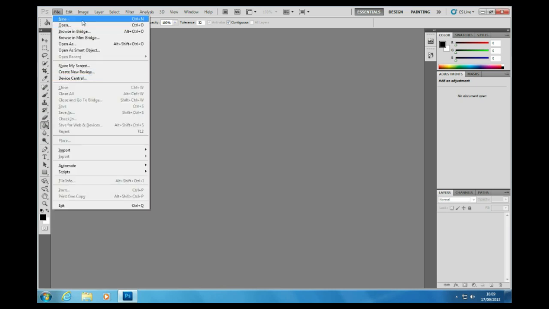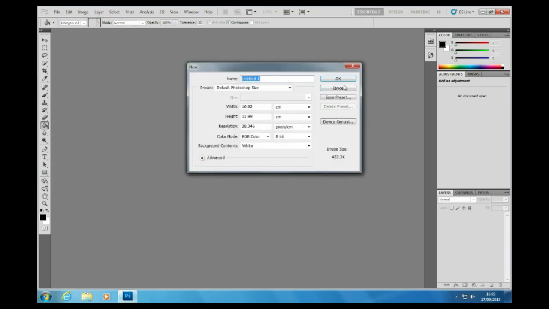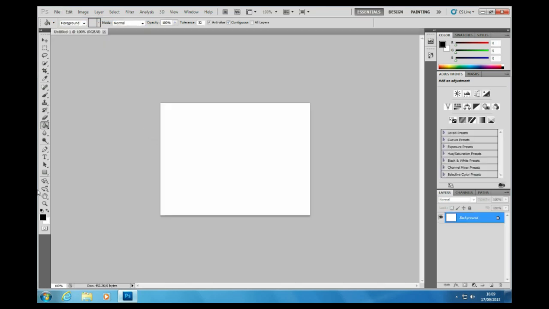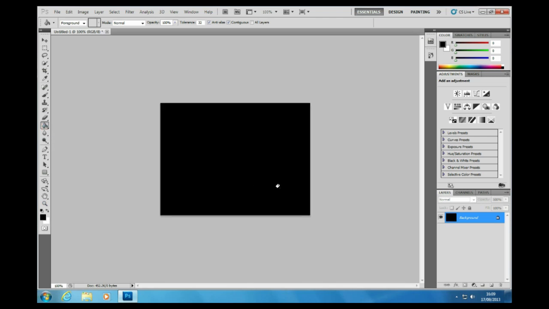If you go to File, New, don't worry about the size, make it whatever you need. Down here is absolutely fine for me. And because it's a glowing effect, having a white background isn't going to be very useful, so make the background black. Once you've made the background black, you can make a new layer so that you don't touch the background,